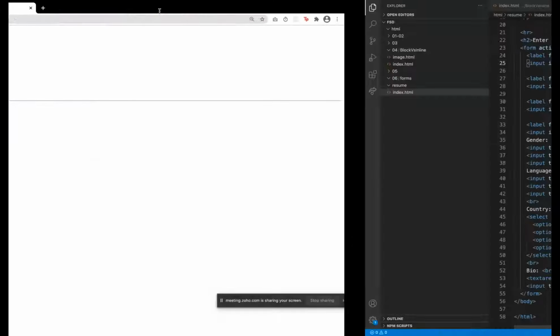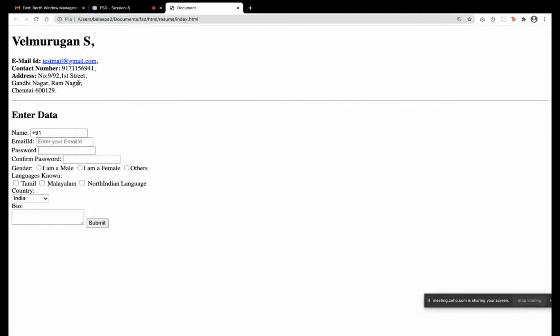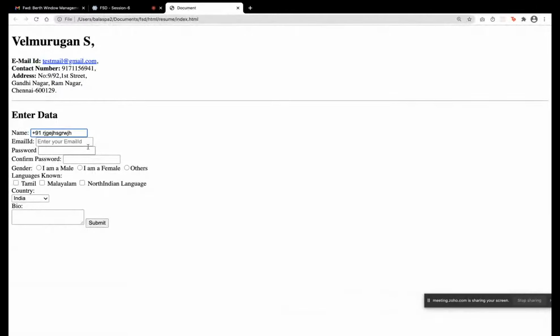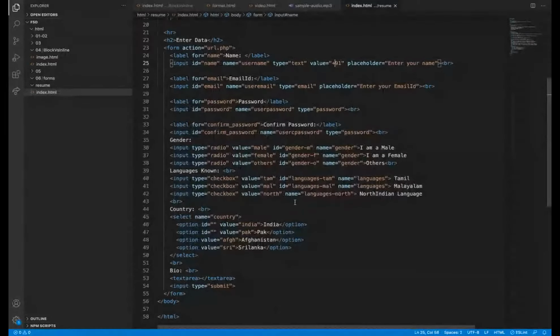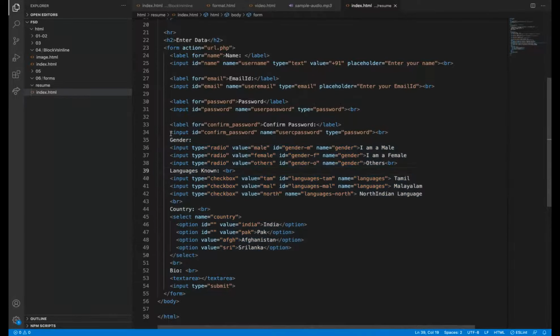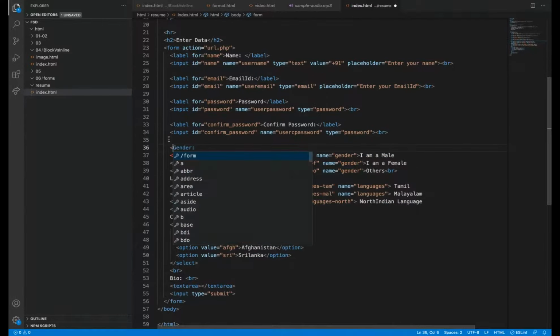Sometimes we want to specify it as +91. It is the code for our country. So if we give it in value, it will come, and then if I type, we can get this value. Phone number we need to give. So value tag, for these three tags we should use value, otherwise the system does not know which value we should take. Label also we need to give for everything. Label.